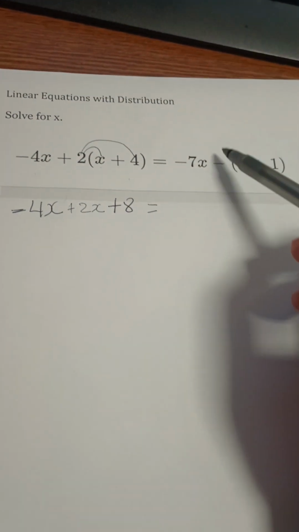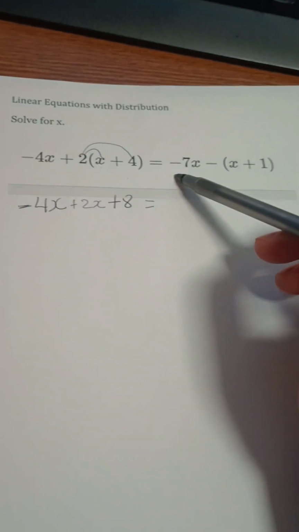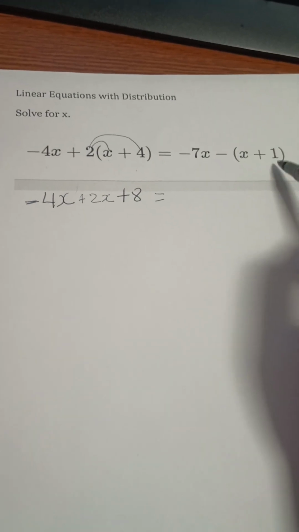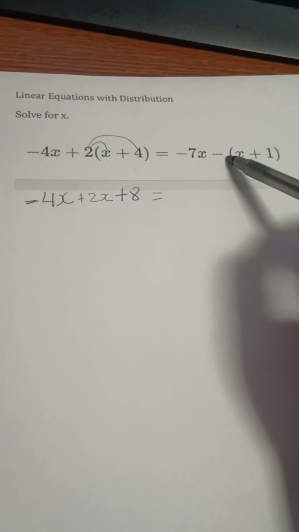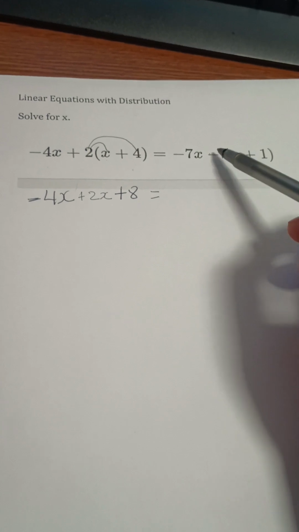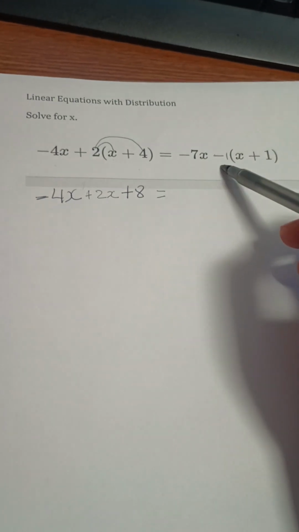So now I'm at the right side. So I have a negative 7x minus parentheses x plus 1. Because there's a minus here and there's no number here, there's automatically a 1, right? So you could put the 1 there if you want to see, or you could just multiply the negative inside the parentheses, right? So if it says negative times x, or negative 1 times x, it's going to give me,